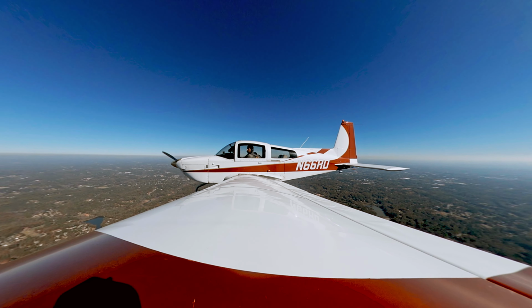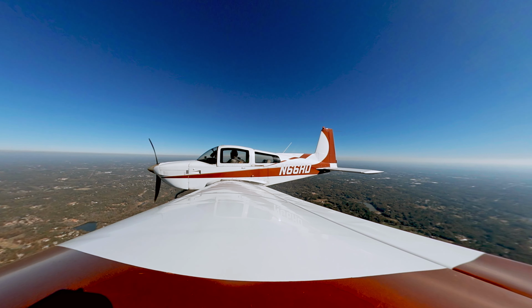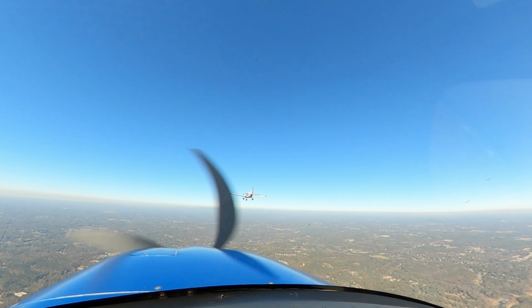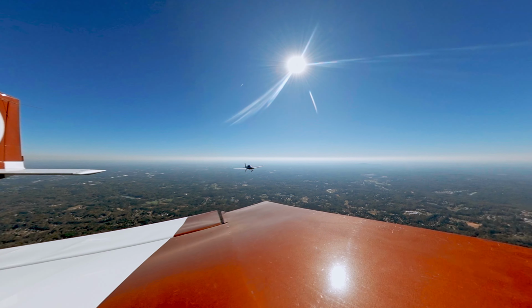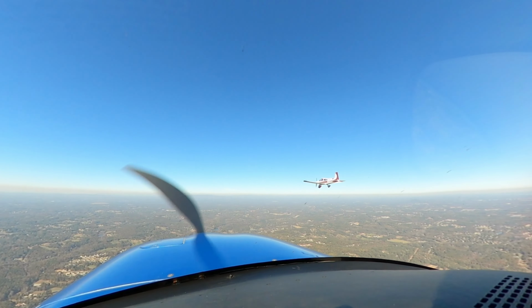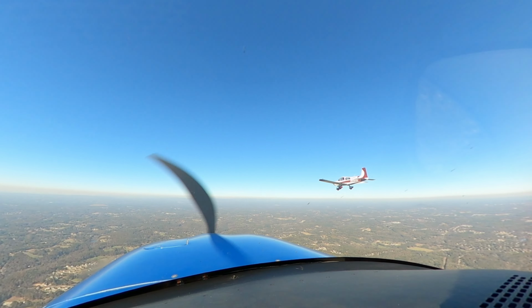All right, I'm going to switch back now and go to the left side. Okay. Wow. It's pretty cool what he's doing. I don't know if I can do that comfortably. Well, his aircraft is much more maneuverable. It is, but also it's faster. Right, if a tiny bit of change in throttle can...